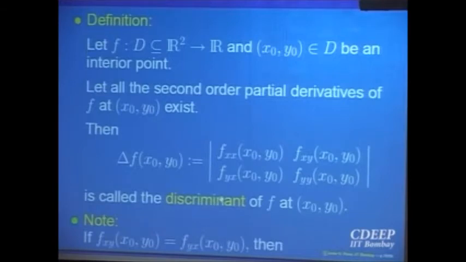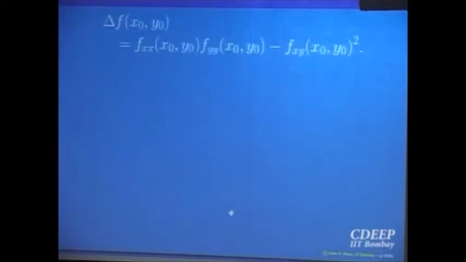Let us make one observation here. What is this equal to? fxx times fyy minus fxy times fyx at that point. But supposing you put nice conditions on your function so that the mixed partial derivatives are equal, then the hassle of keeping track of which is fxy or fyx will be gone. So let us assume that the first and second order partial derivatives exist in a neighborhood of that point and are continuous, so that the mixed partial derivatives are equal. In that case, I can write the discriminant as fxx fyy minus fxy squared.